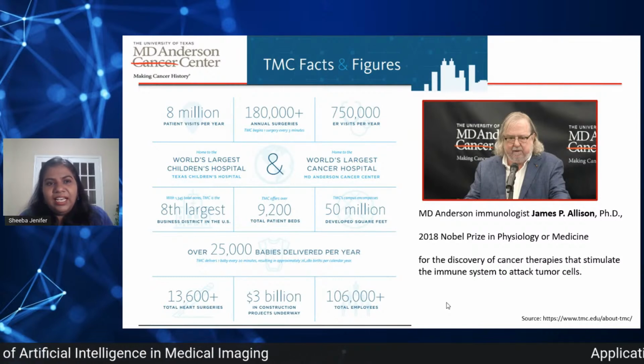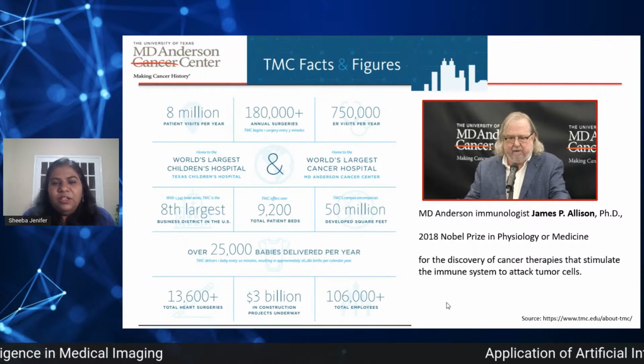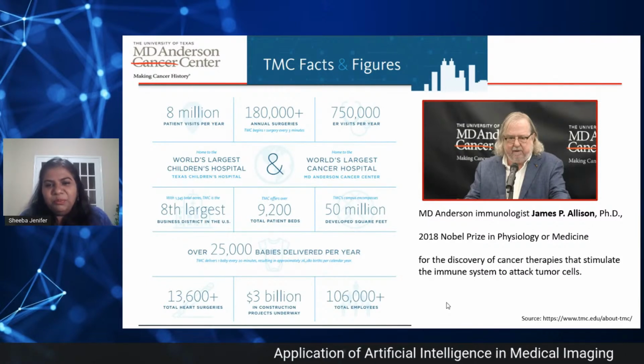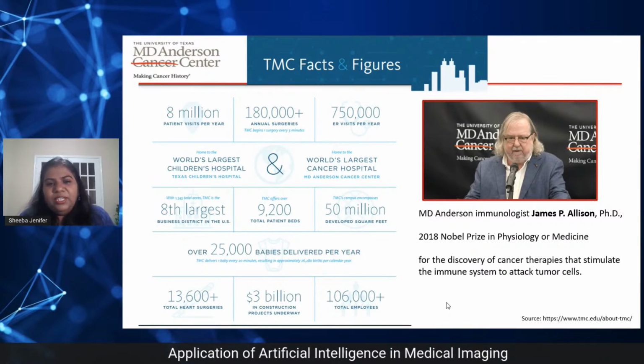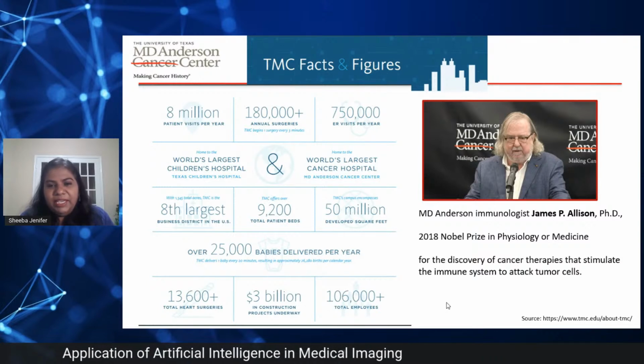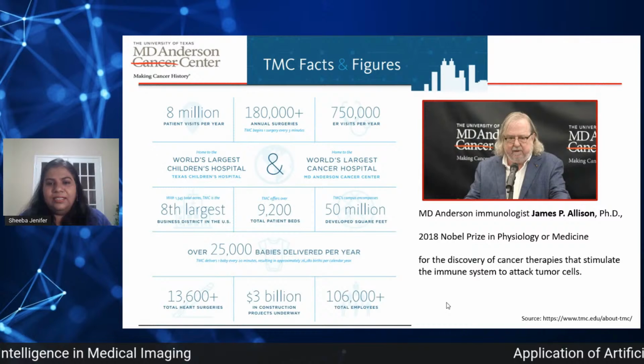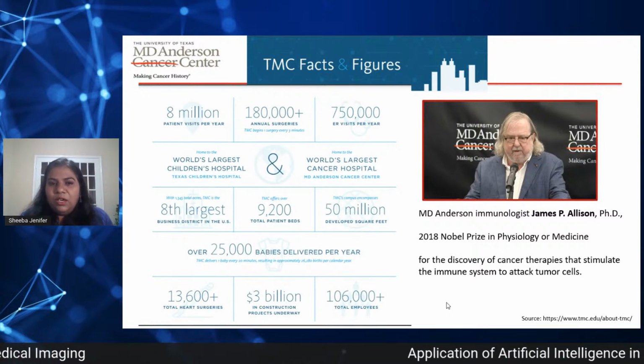So it's a very large medical center. Why I want to highlight this is that it's a gold mine of medical data. You get a lot of medical imaging data in this medical center, and it's a very hot